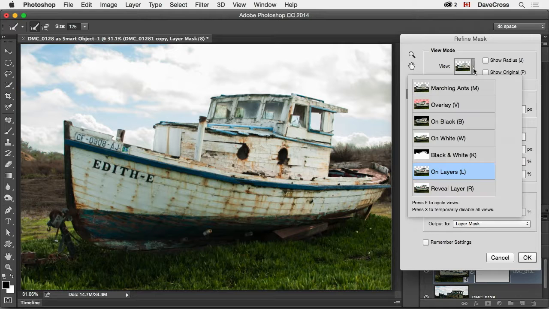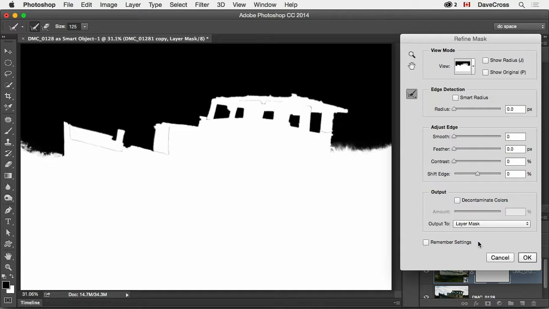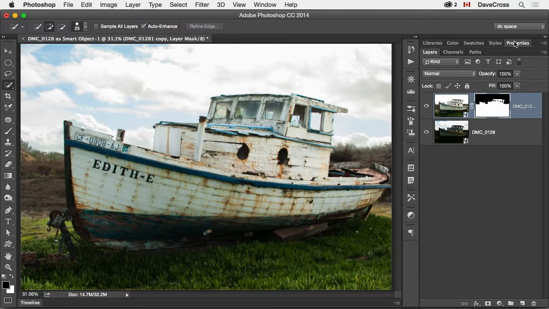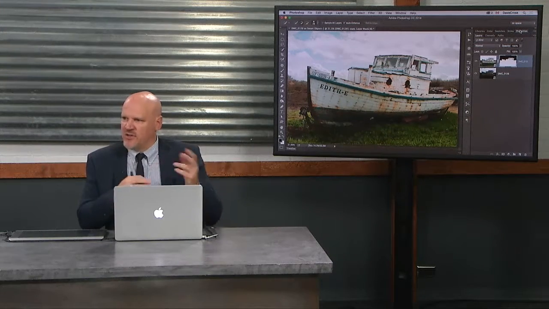One of the things that I usually do in here is change the view to black and white, because that will show me the equivalent of mask. See how much better that looks now? It looks like actual grass. It still might not be perfect, but it's much closer than it was a moment ago. I still have a bit of work to do, but at this point you can get the idea that now I have these two independent layers that are both tied to camera raw, so I can adjust them independently of